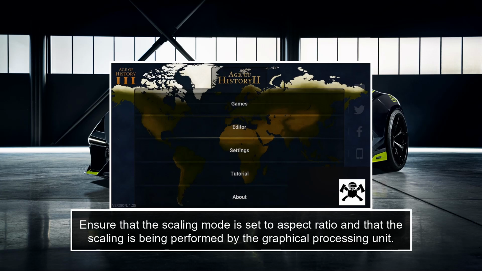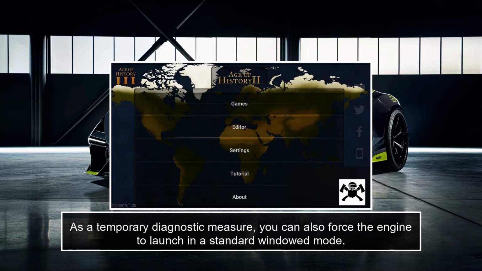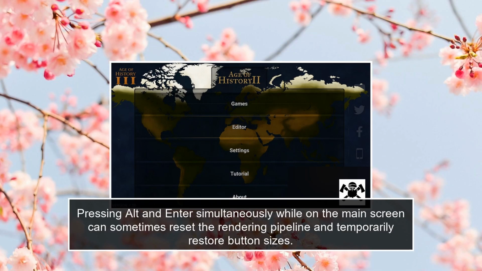Ensure that the scaling mode is set to aspect ratio and that the scaling is being performed by the graphical processing unit. As a temporary diagnostic measure, you can also force the engine to launch in a standard windowed mode. Pressing Alt and Enter simultaneously while on the main screen can sometimes reset the rendering pipeline and temporarily restore button sizes. Finally,